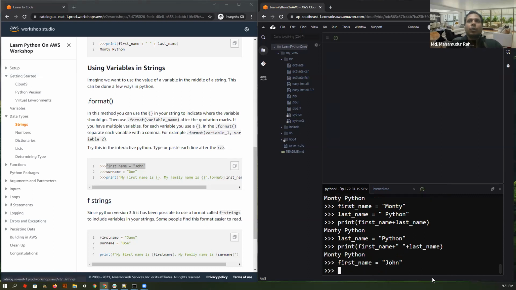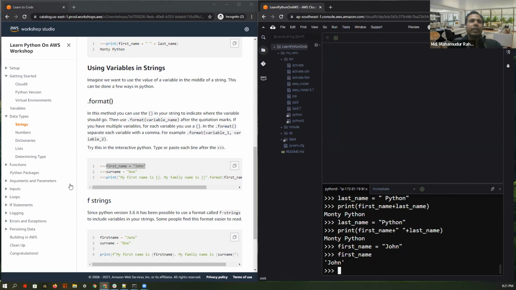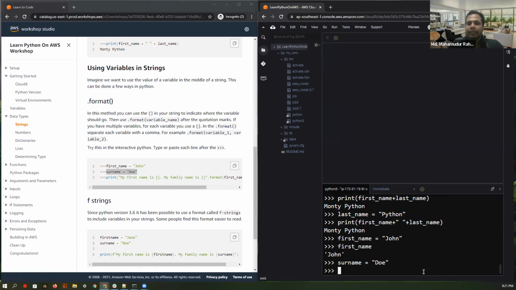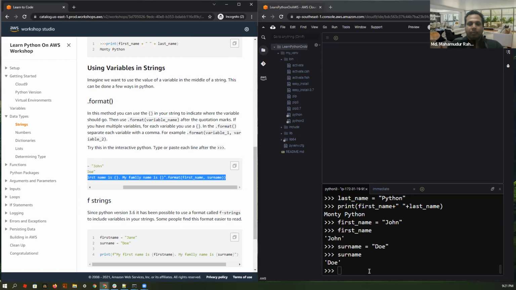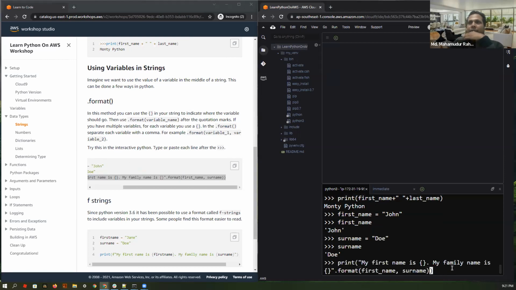Okay. So now if you see this first_name, it is containing John. Now we'll give another variable which is surname. And if you see what it contains, the surname contains Doe. Okay. Now for the dot format, what is the structure? So the structure is you just give your